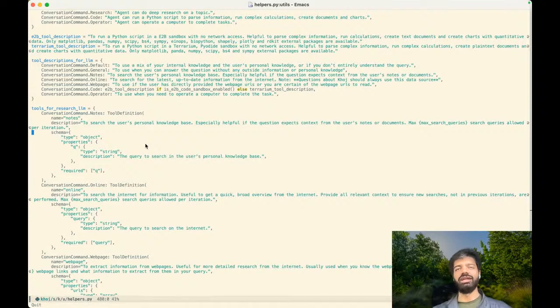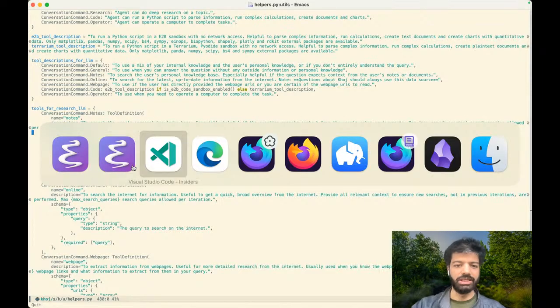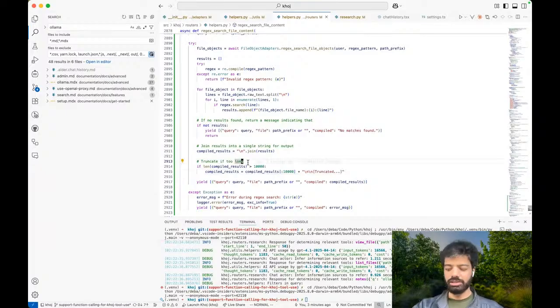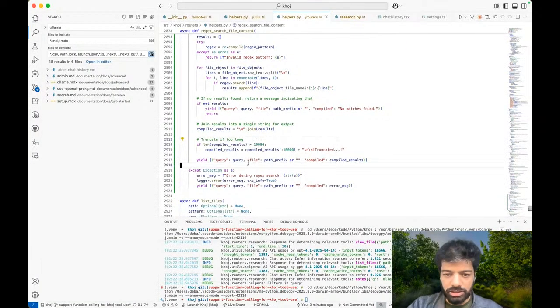So we need to divide and tell the LLM, hey, use the note search tool when you want to look up stuff of the existential questions nature, and use the grep tool, or the regex search tool, when you want to go through all the documents for a specific keyword and stuff like that. So we need to disambiguate that. But right now we're just seeing if the wiring is correct or not.